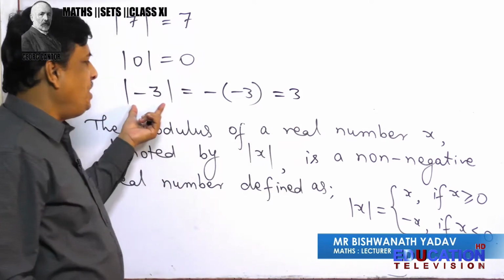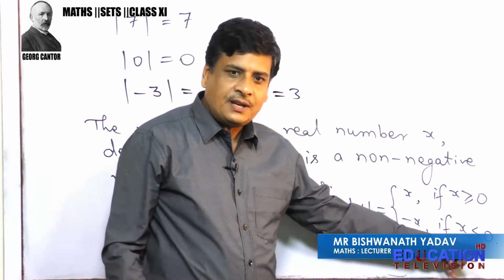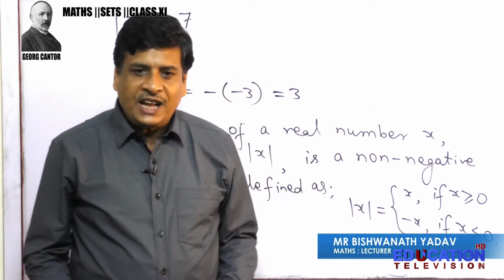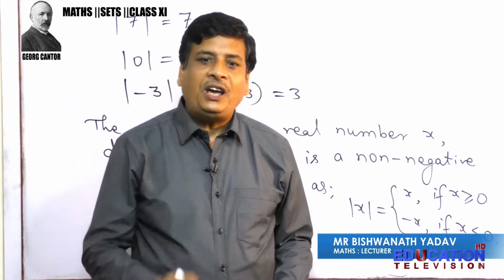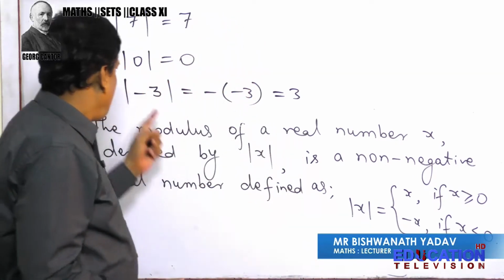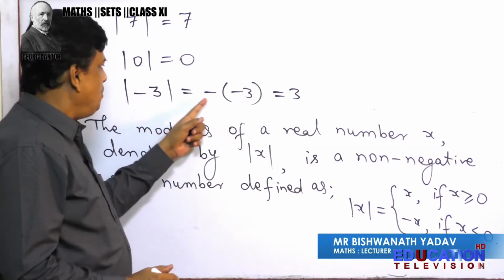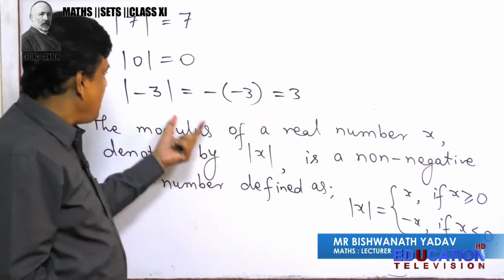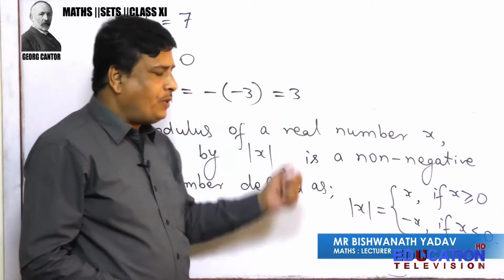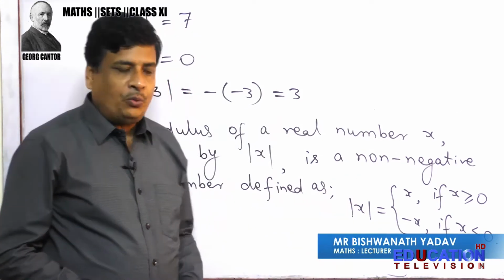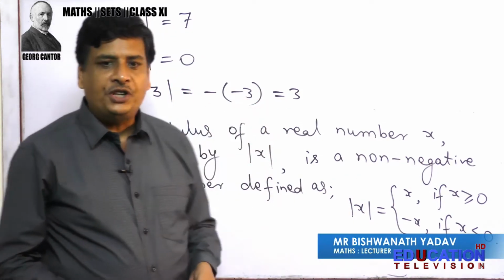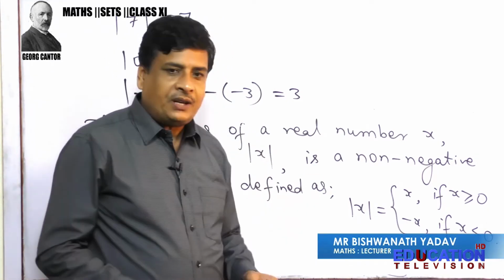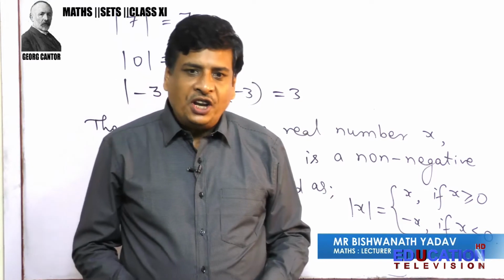यदि मोडुलस भित्र नेगेटिभ नंबर छ, x less than 0 means x is negative, तो मोडुलस बाहिर लेख्दा write that number with negative sign in case the number is negative. For example, modulus of minus 3 is equal to minus of minus 3. It becomes 3. हामीहरु डाइरेक्ट के गर्छौं, मोडुलस अफ minus 3 हो भने 3 लेख्छौं. डेफिनिसन बाट पनि we get 3, negative of negative 3. So every time, modulus of a real number is a non-negative real number.